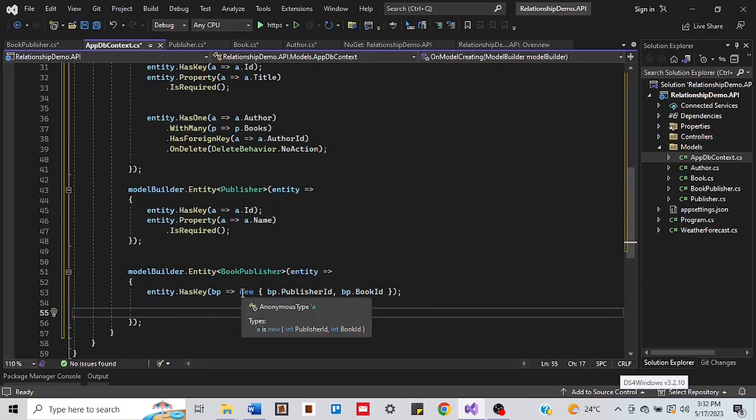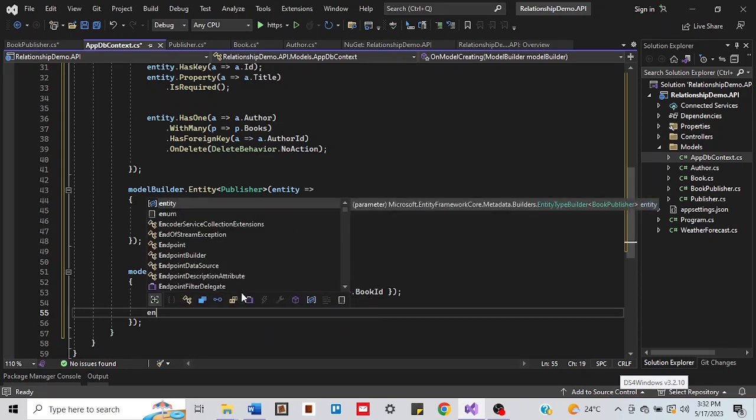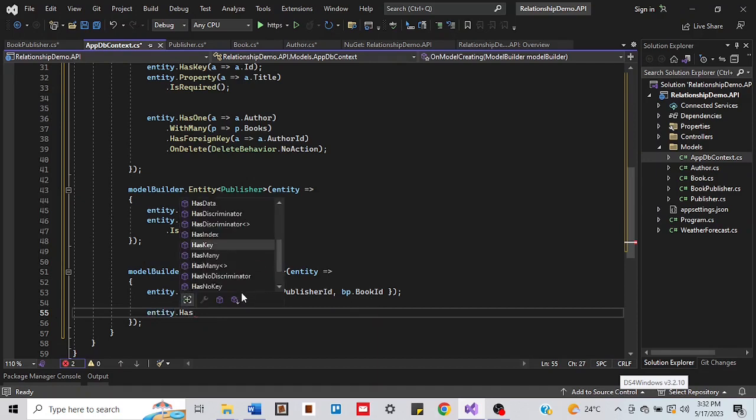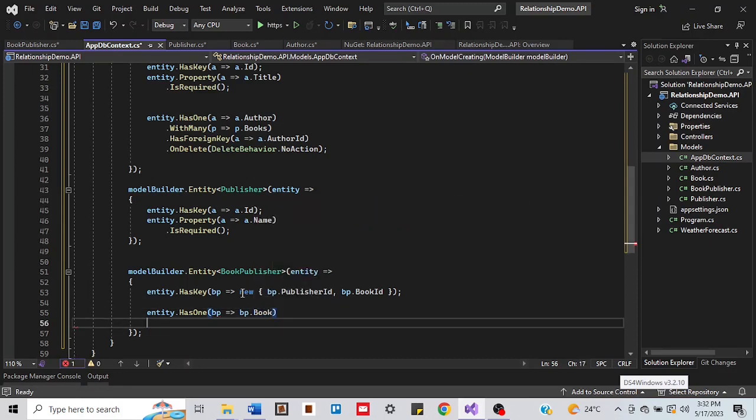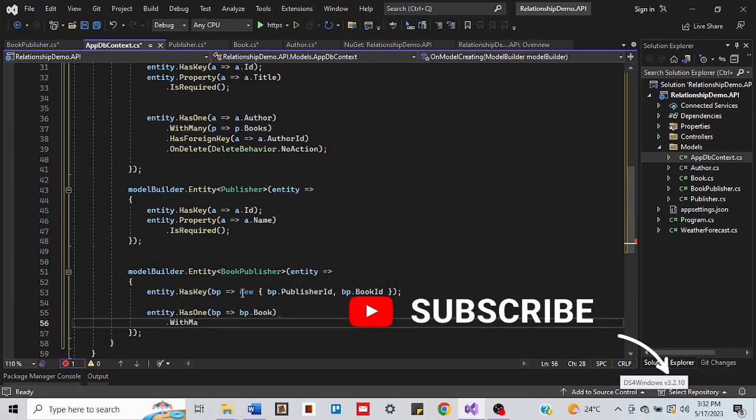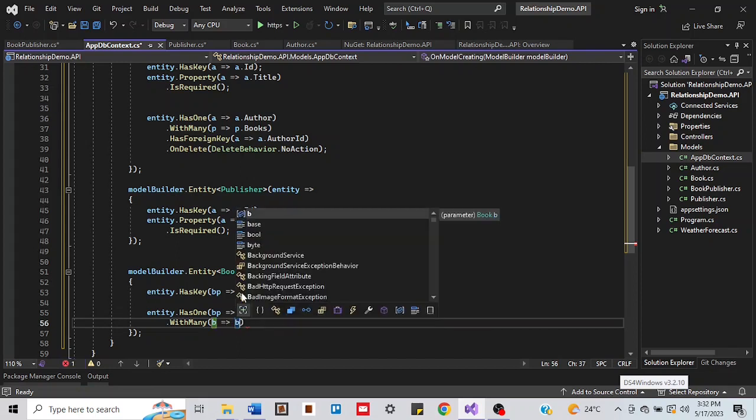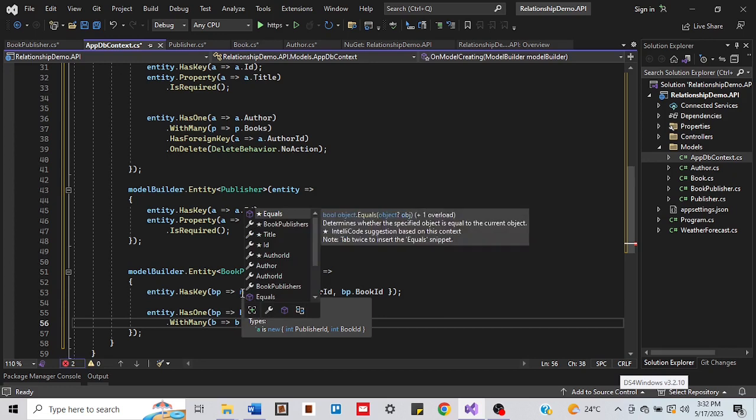Then we have to now link that one-to-many for these two. So I'll start with entity that has one. So it has one. Then I'll say BP has one what? It has one BP dot book. Then with many, because it's going to be one-to-many, many. And I could say B goes to B dot book publishers,